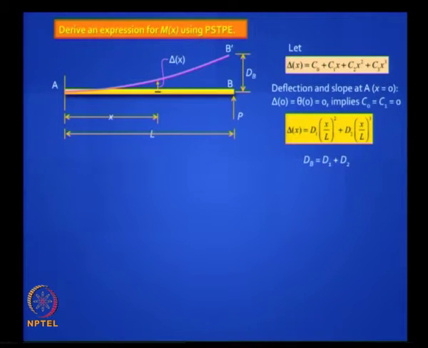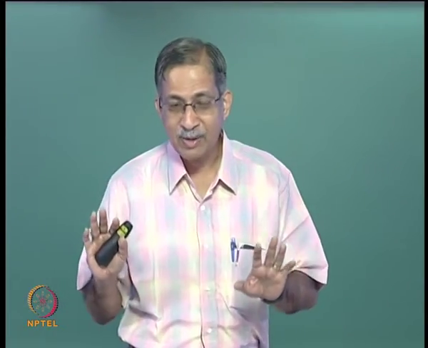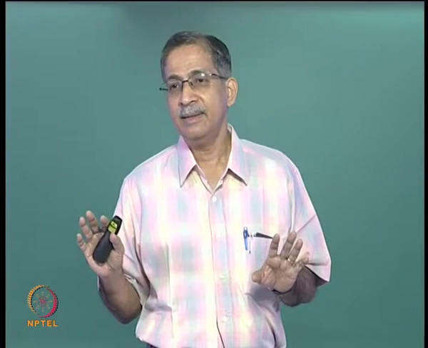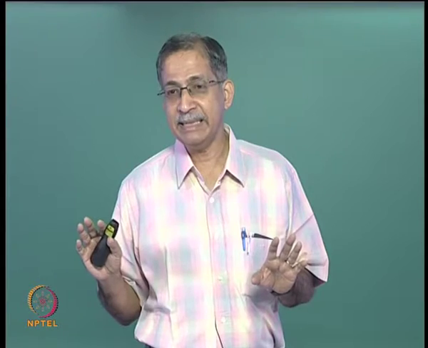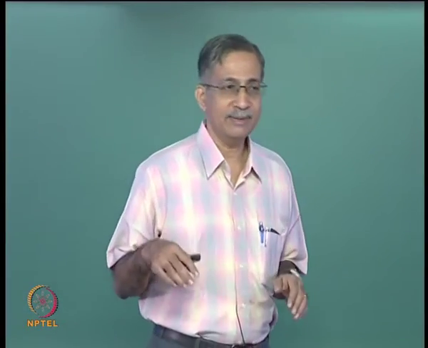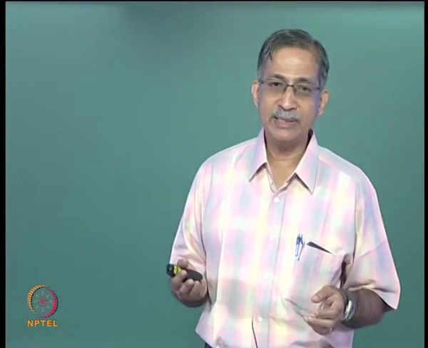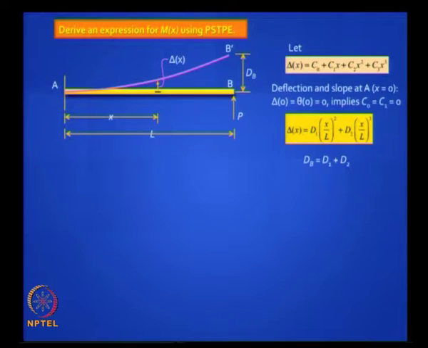We know very well that the deflection function should be a cubic function, right? Why should it be a cubic function? Because you are dealing with a concentrated load and hence a linearly varying bending moment, and if the bending moment varies linearly, the curvature varies linearly, whereby the slope will vary quadratically and the deflection would vary cubically, right. So let us take a polynomial cubic equation C0 plus C1x plus C2x squared plus C3x